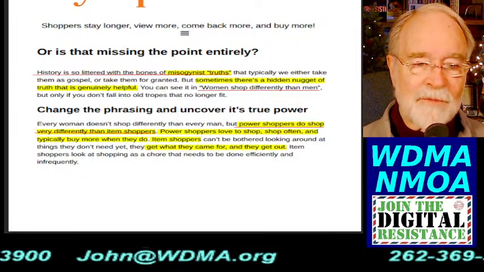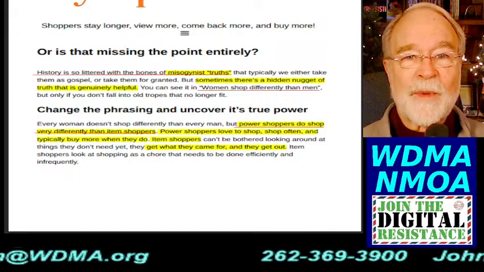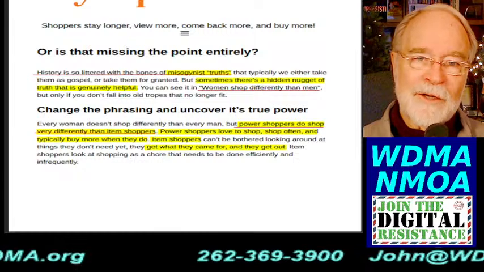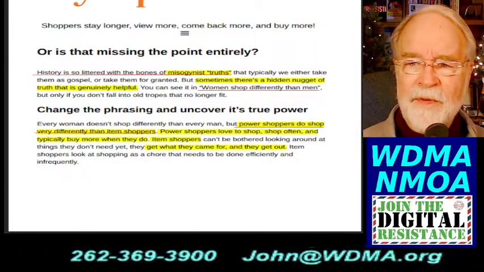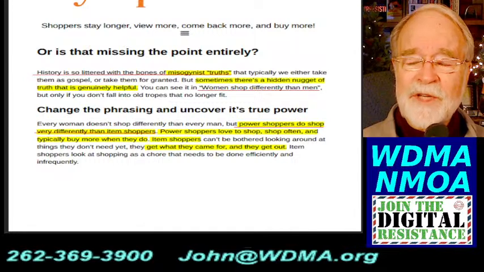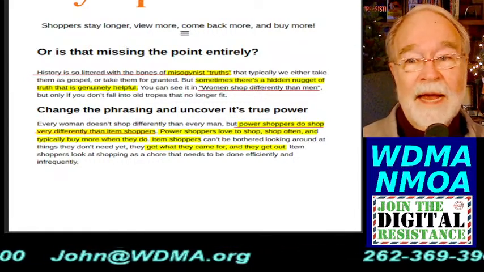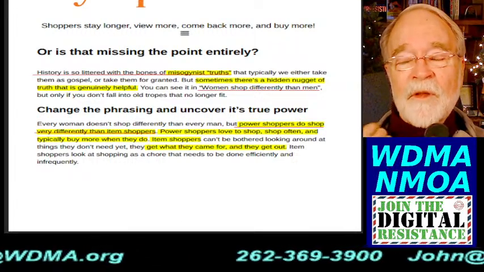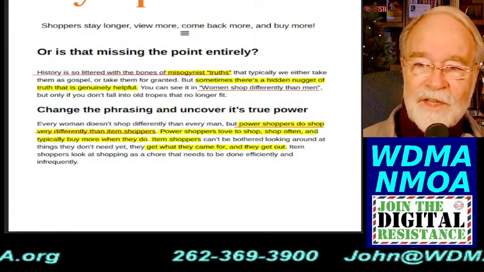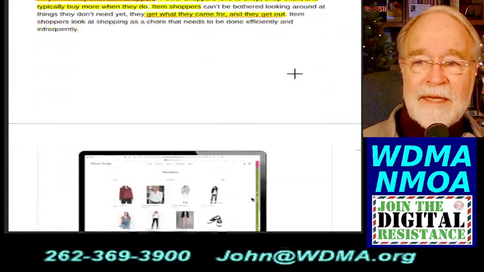Right? And oftentimes, if I'm going to a big box store, I'm going for an item. I try to focus as much as possible, even at the Piggly Wiggly. I try to go in for what I want, and I do always get something different. It's never 100%. But it is as much item shopping as I can muster, and I don't know where most things are, so I ask people, and I get what I need. And get out, as she says. Get what they came for and get out. And she rightly says that